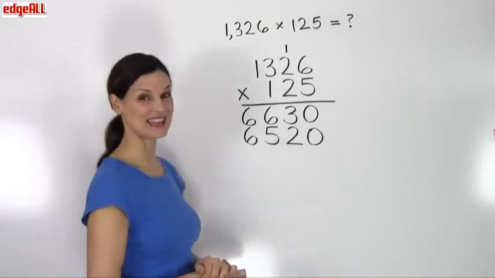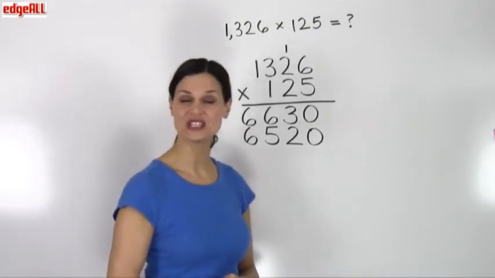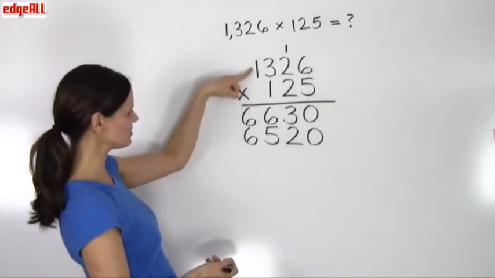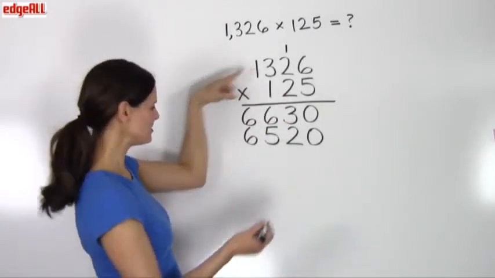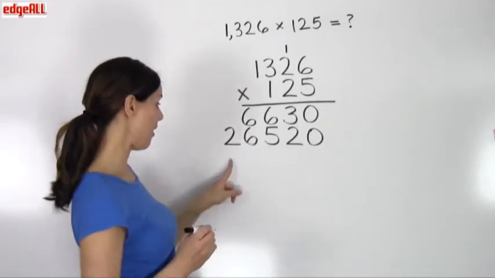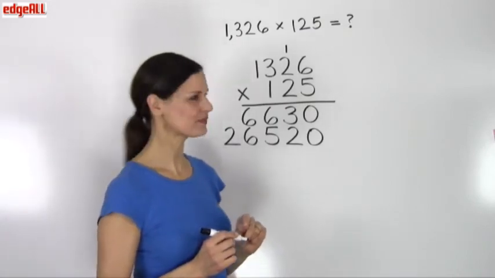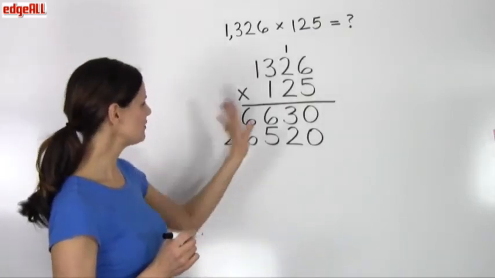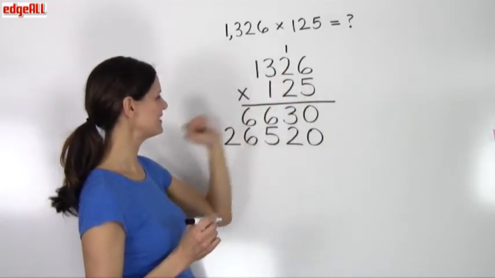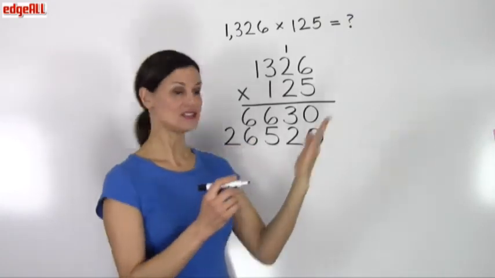And I have one more calculation to do with my 2, and that is that I need to do 2 times 1 now. 2 times 1 is 2, and I place my 2 right here in now the 10,000s place column. So I've done each of my 2 times 6, 2 times 2, 2 times 3, and 2 times 1. And now I'm going to move on to